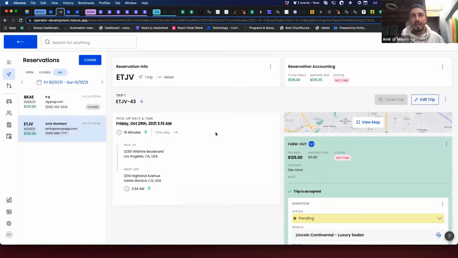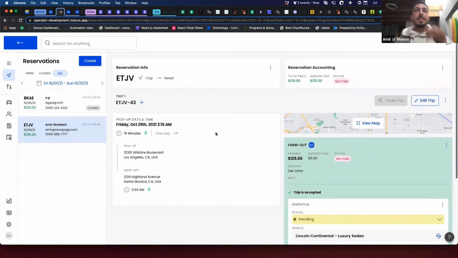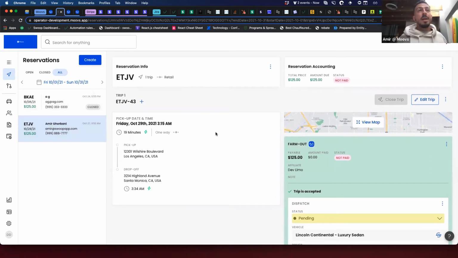So I'm going to go ahead and click my open trip here and just look at some of the details that we have here. I think one cool thing, some minor modifications, but you're going to start to see this flag. I know you guys all requested this, and the engineering and product team has come out and added flags, what we call, to all the trips. So these are like trip types, we call them. So now you have one way, round trip, and hourly.